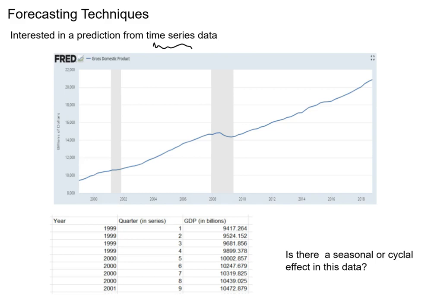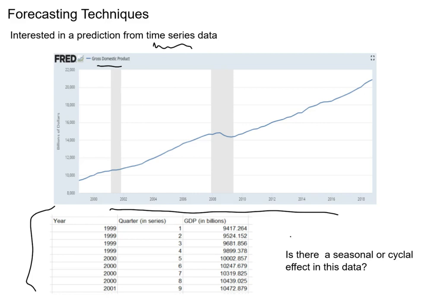So what do I have here? I have a picture of gross domestic product through time. And it's clearly got this upward trend, as we've alluded to earlier in this class, and I've even got some data. And so clearly this is, what kind of data are we looking at here? This isn't cross-sectional, this isn't panel, this is time series, because we've got this time component. It's going through time, and notice that it's measuring different quarters in the series, starting with 1999. And it's got the GDP in billions, and so it's pretty clear if we were going to fit a linear trend to this, it would probably do a pretty good job of capturing what's going on with an upward linear